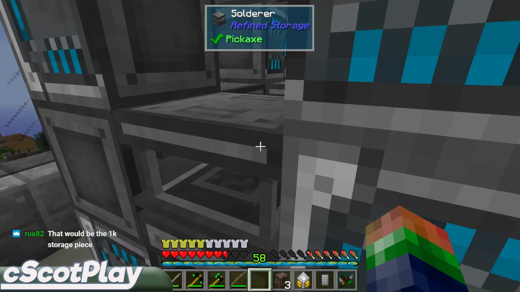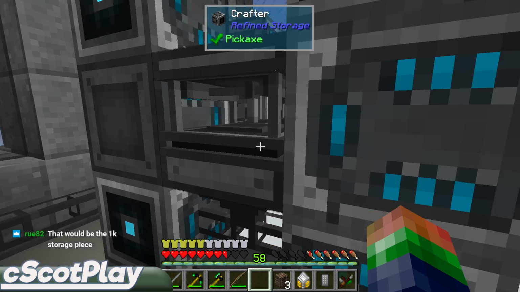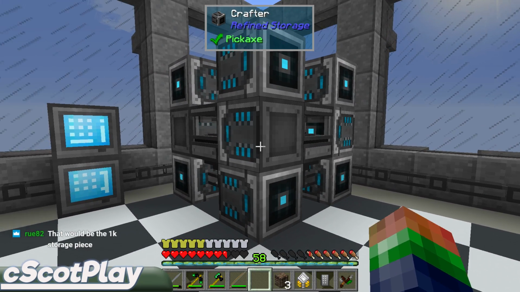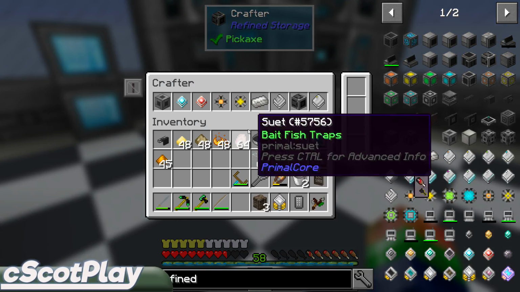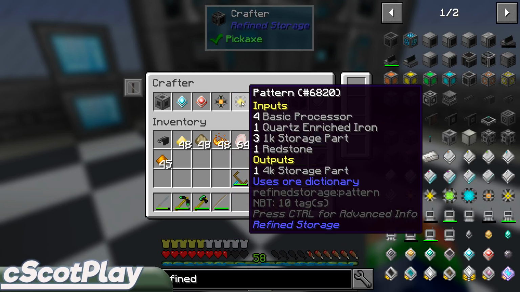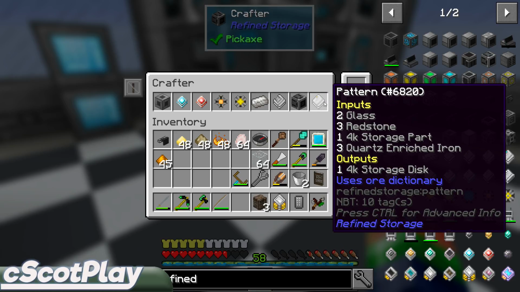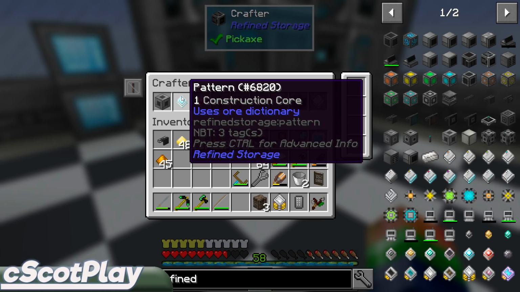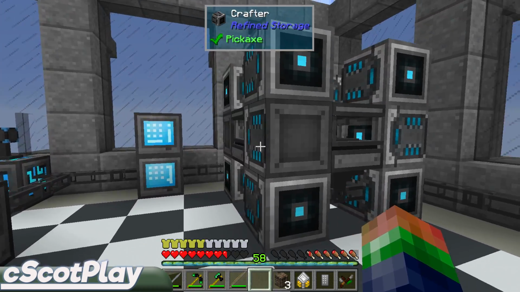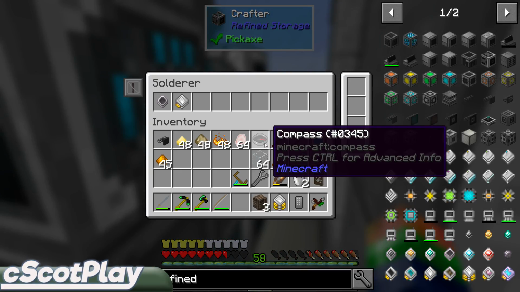Uh-oh. We have a solder over here that has nothing going to it, by the way. That is not good. Is it the 1K that we've got? No, it says 4 silicone right there. That one's good. Okay, 2. This one's missing a couple. And then this one here's got...